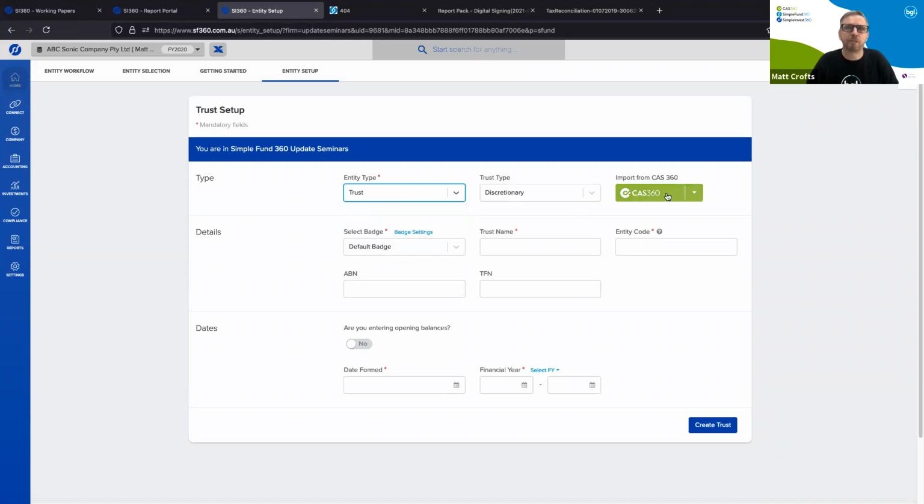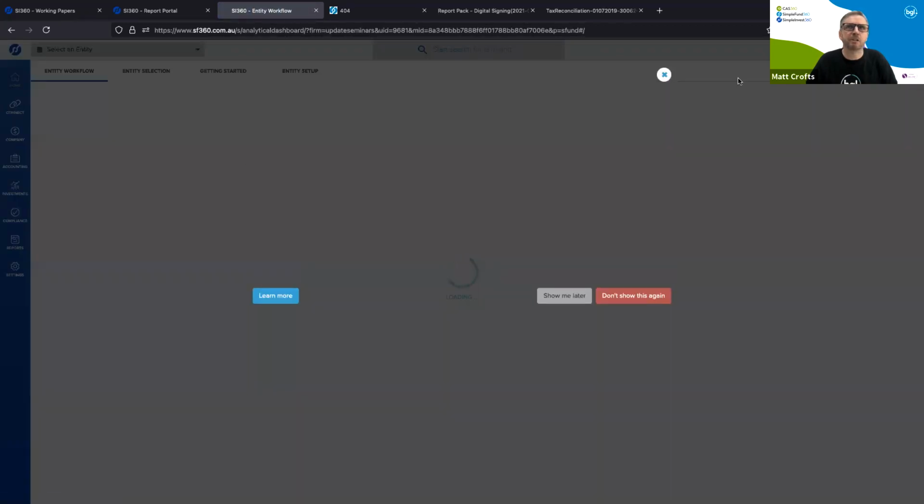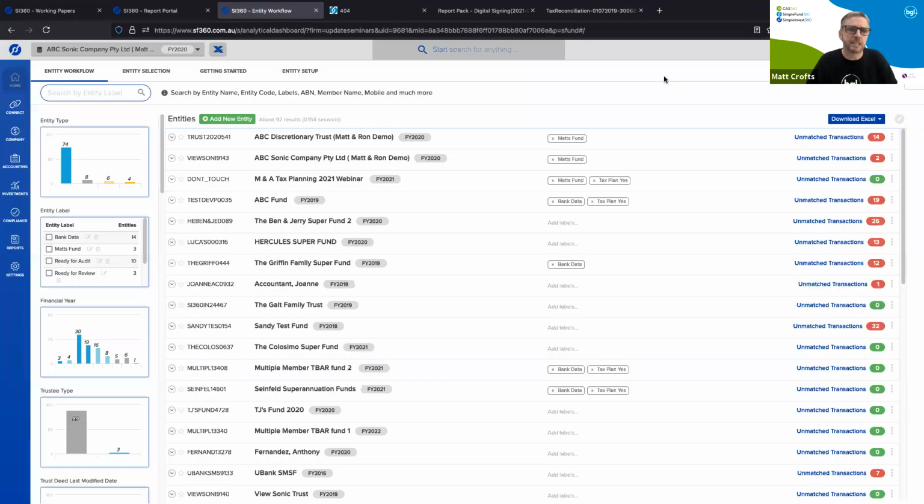You can import that from CAS, so it saves you a lot of time in setup and implementing it. You can import your companies from CAS as well. That's just linking in and bringing in your company data and it sets up all this basic information. But that's where Ron has been very generous to basically give you free access for 5 entities.